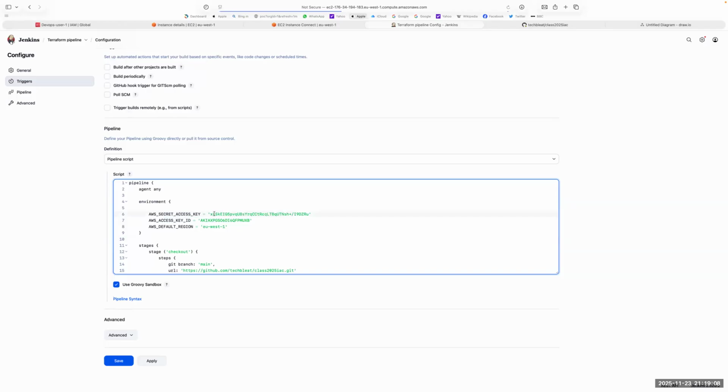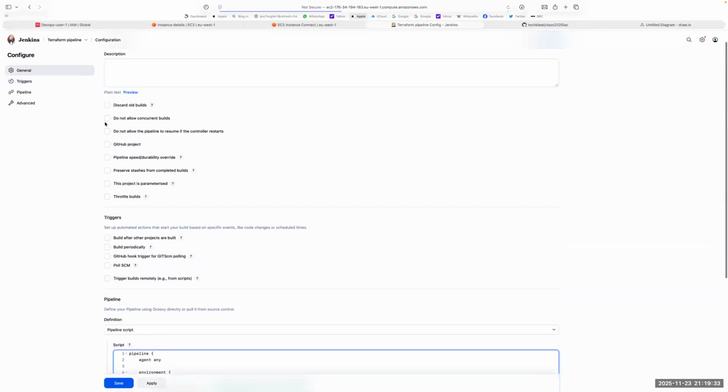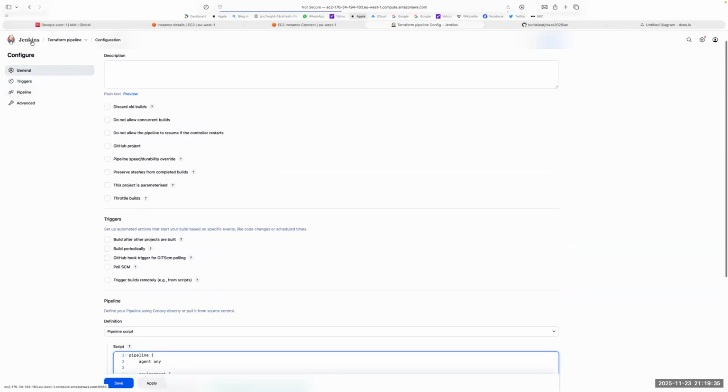For example, this secret access key, you tuck it away. You don't put anything here. You use what we call the credentials plugin. So the idea is you keep your key somewhere in Jenkins, and then you look it up, so that you won't have to reflect your key or anything secret in here. So how does that work? The way that works is you go deep inside Jenkins, somewhere else,